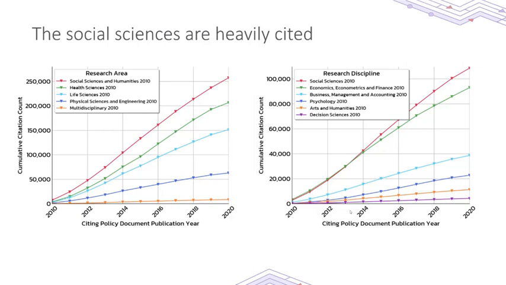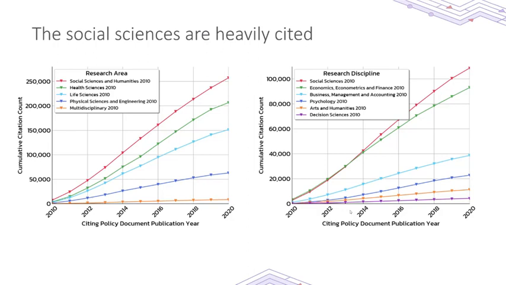Interestingly, when you look at all of those subjects together, you see something markedly different to what you would expect if you were coming from the scholarly bibliometrics world. In scholarly bibliometrics, it's the hard sciences that get cited the most, and the social sciences are very much the poor cousin. High energy physics and cancer get a lot of citations, and social sciences don't. In the policy world, it's the opposite. Well, not quite the opposite, but it's different.